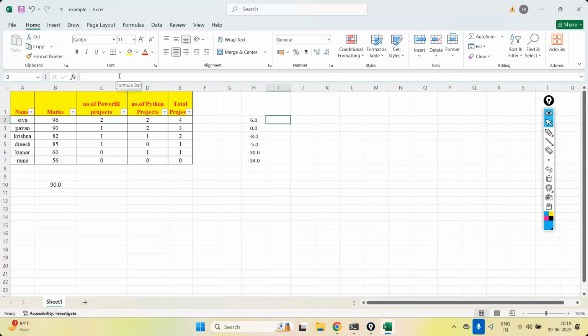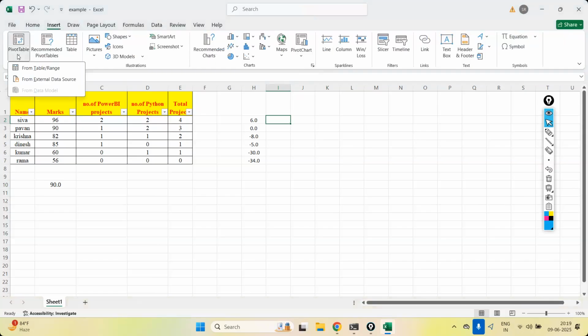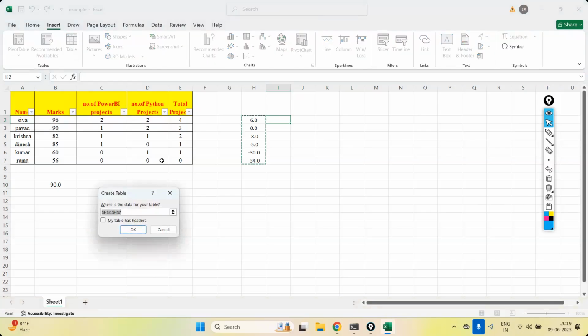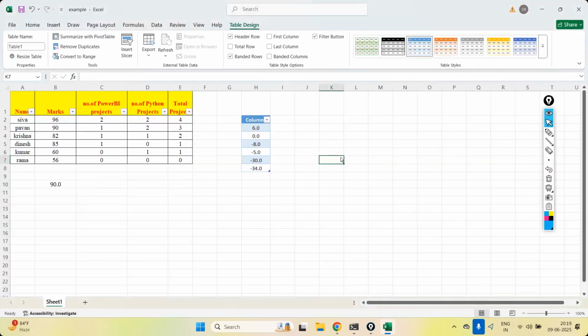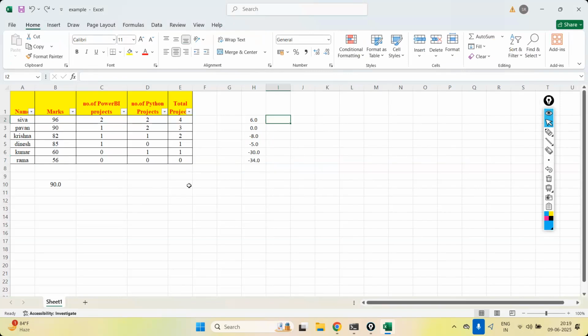Like this, we are going to apply the various functions and execute the code. Now, as I already told you earlier, the pivot tables: what is the importance of pivot tables and how pivot tables change everything for you, all these things we have already discussed in the earlier class. Pivot tables and tables, and which tables you are going to take. So here I'm asking to create a table. It will create a table like this for the data you select. For example,